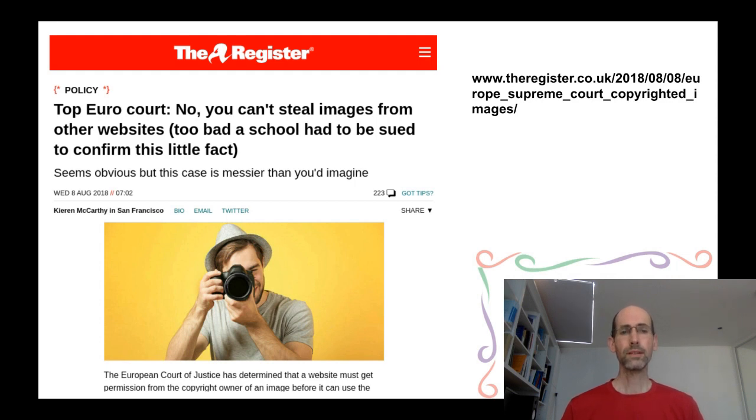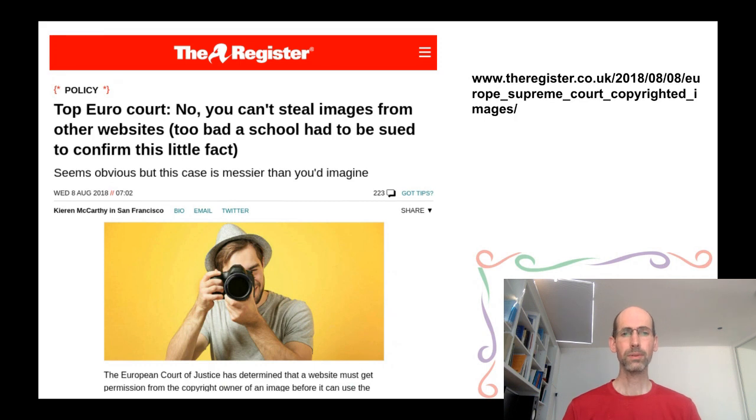The reason for this is only a couple of years ago it was confirmed by the European Supreme Court that even online, if you use an image from someone without permission, you can very easily be sued. So the actual case that went to court is quite interesting. A school had posted an image without permission. In fact, one of the pupils who attended this school in Germany had used the image for one of their projects. It was an image of the Spanish city of Cordova. So they used it with their project, and the school posted this image as part of the project online.